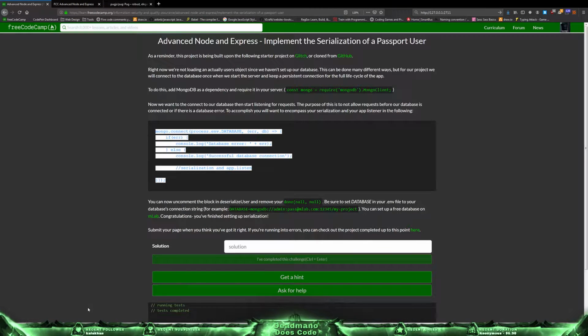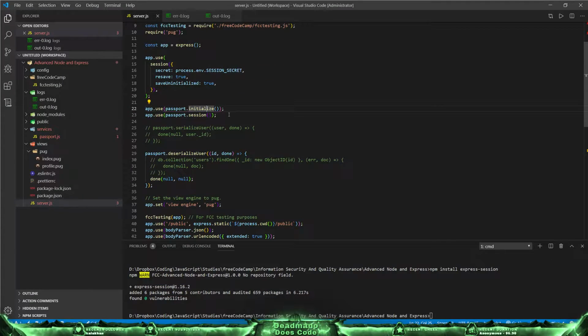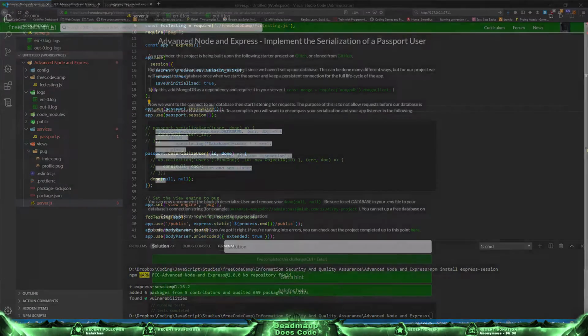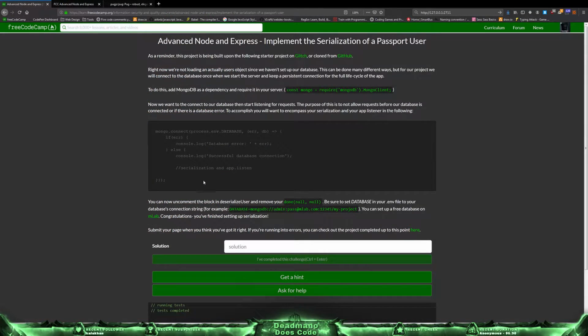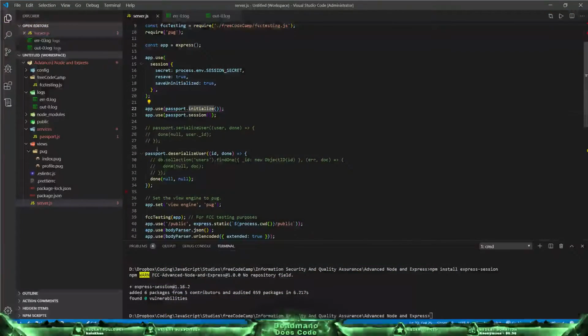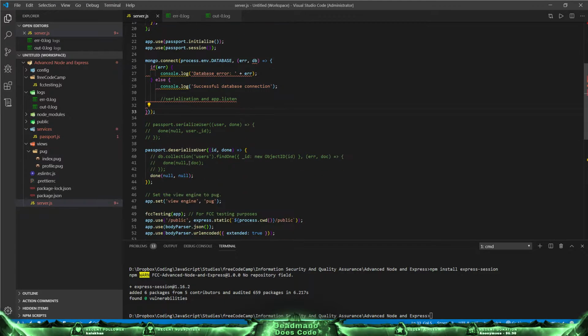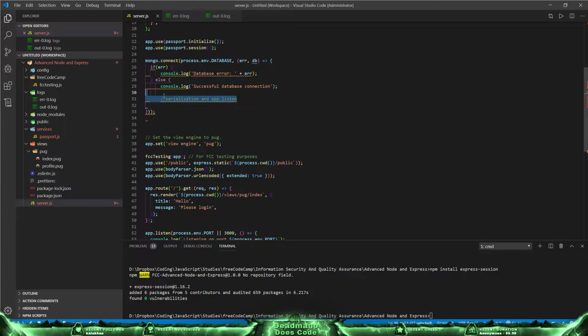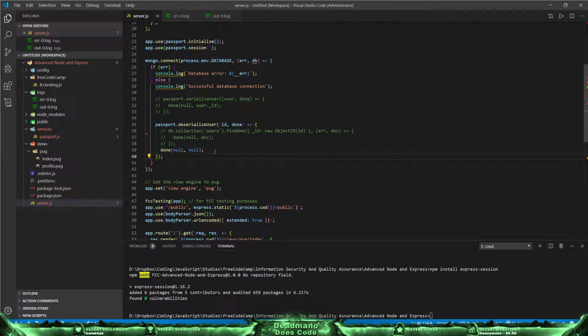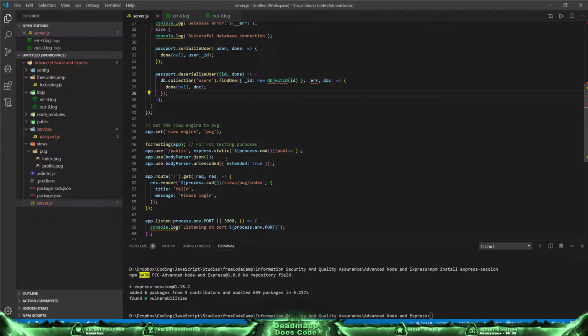Okay, so let's first get this blocked in. So before passport is set up, no, we can set up passport. That should be fine. But we want to have the serialization done over here, as well as the app listen. And we want to do that, and we want to remove done. And then we also,